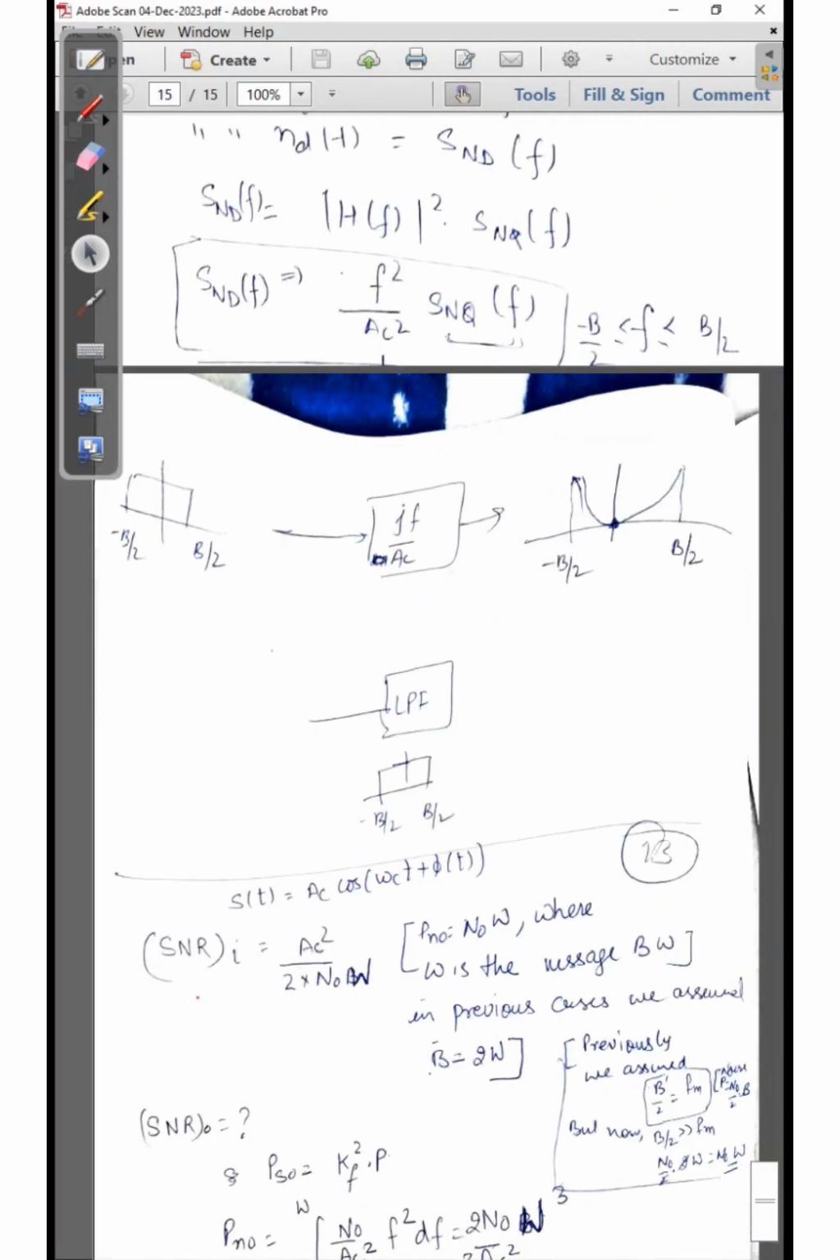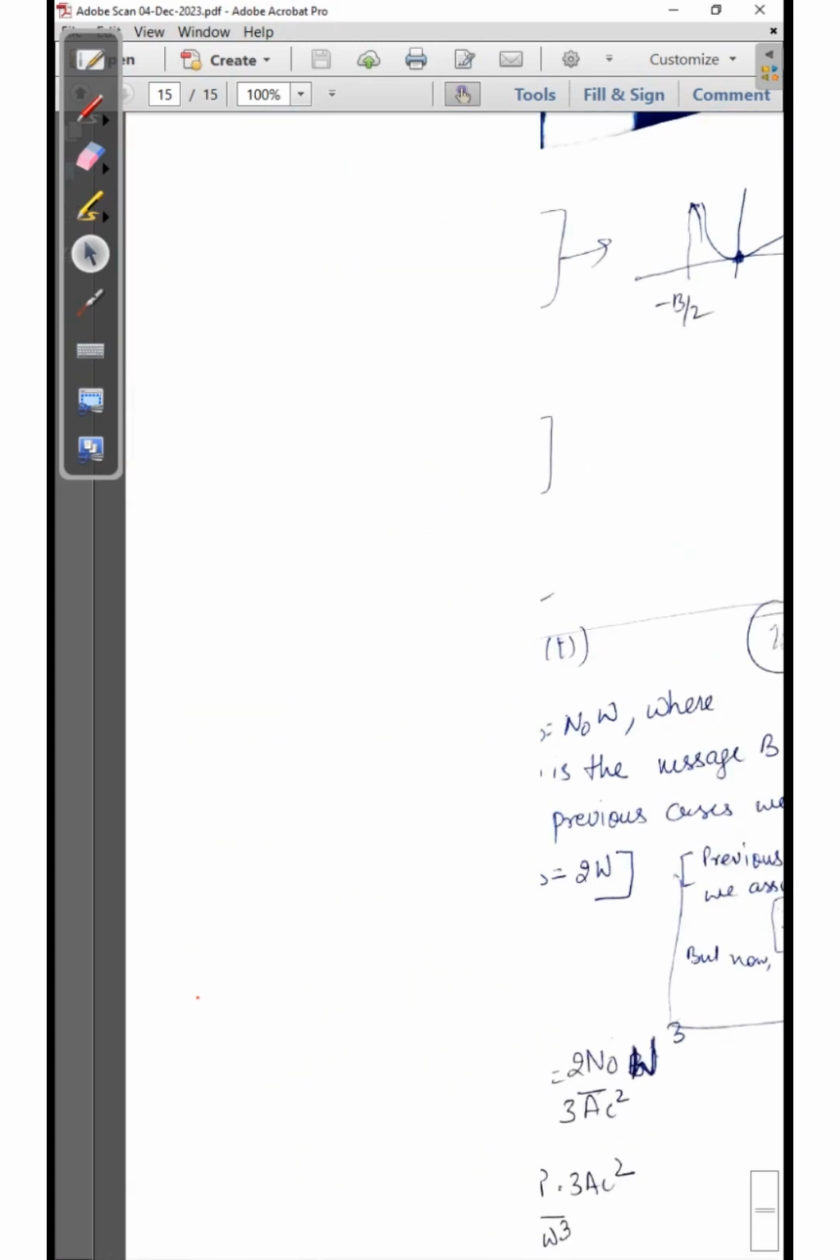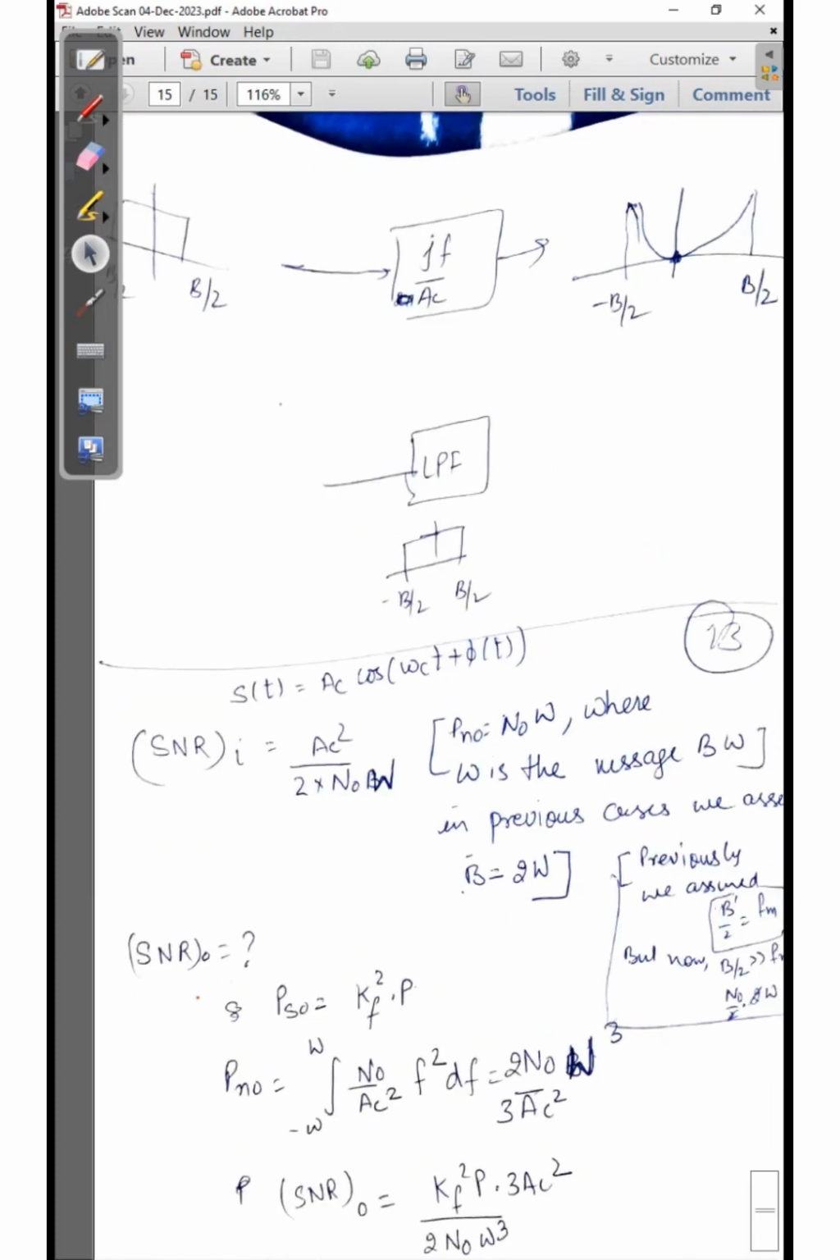Now we have to find the signal to noise ratio, the main important function of the receiver. Now see, this is the equation for frequency modulated waveform. Correct. What is the signal power here? The signal power here is AC square by 2. AC square by 2. And what is N naught into W? If I have to calculate noise power,